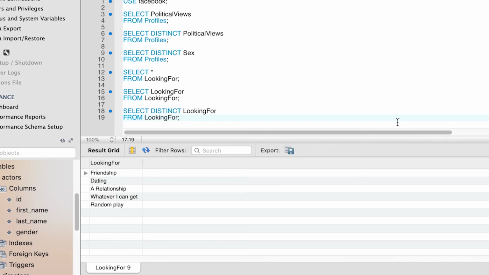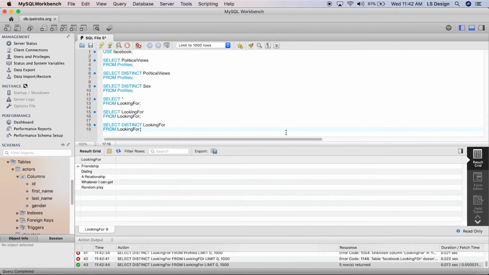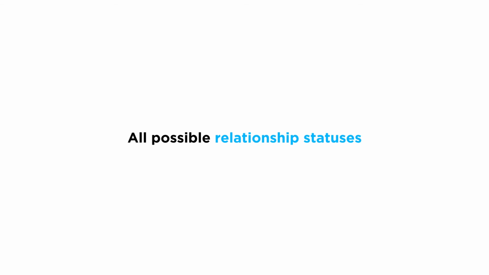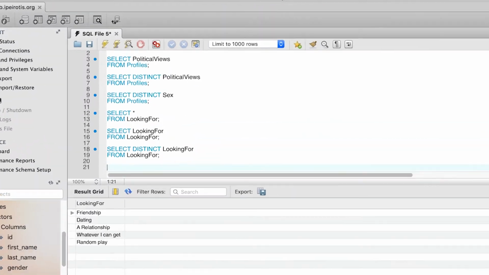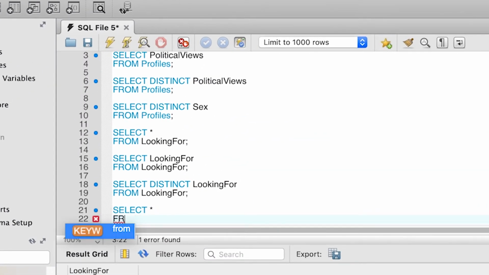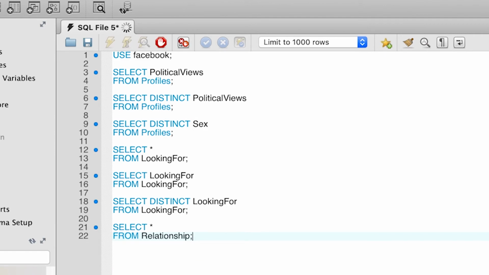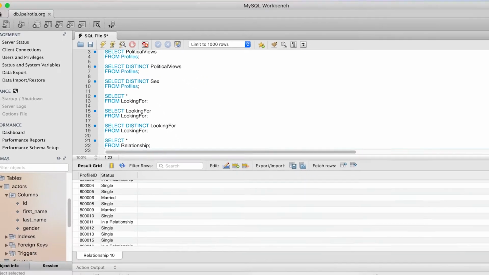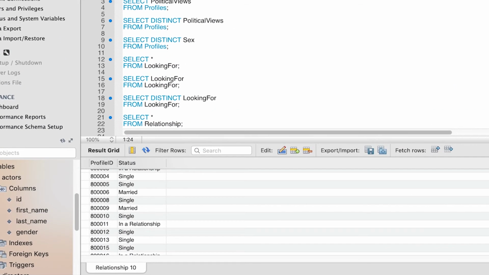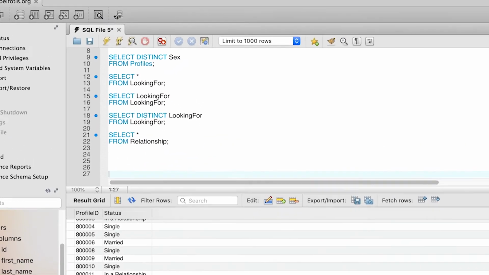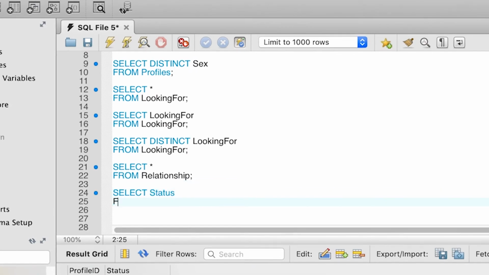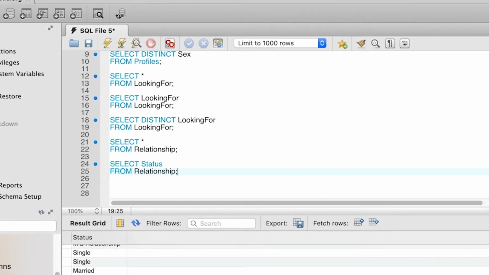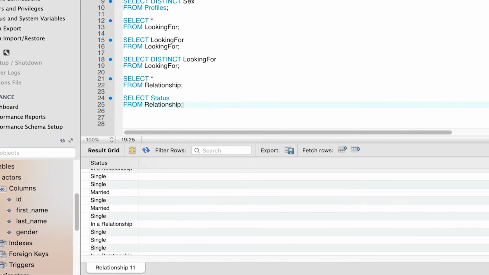One more example. We want to see now all the different relationship statuses. We start by looking at the relationship table. Select star from relationship, semicolon. If we take a look at the results, we see the profile ID and the corresponding status of the students. Again, we want to get only status, so select status from relationship, and we get back just the status of the students without the profile ID, again with plenty of duplicates.